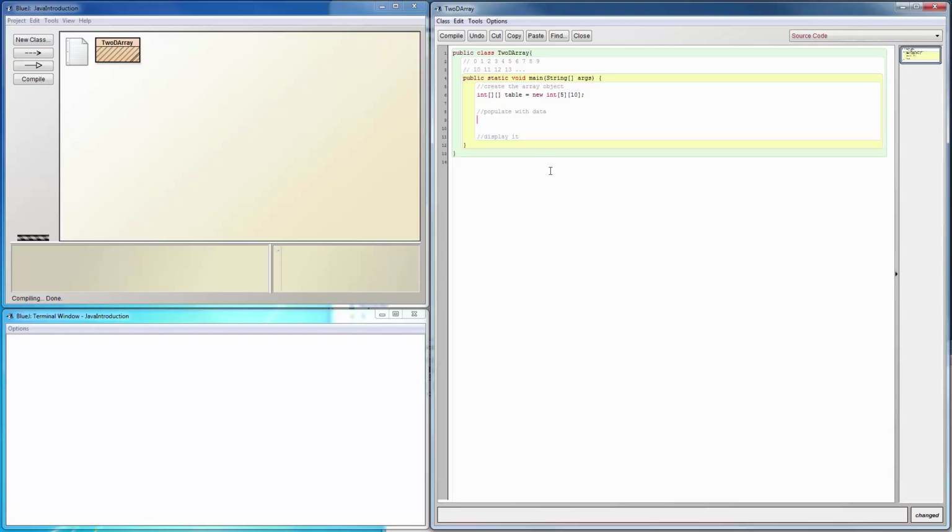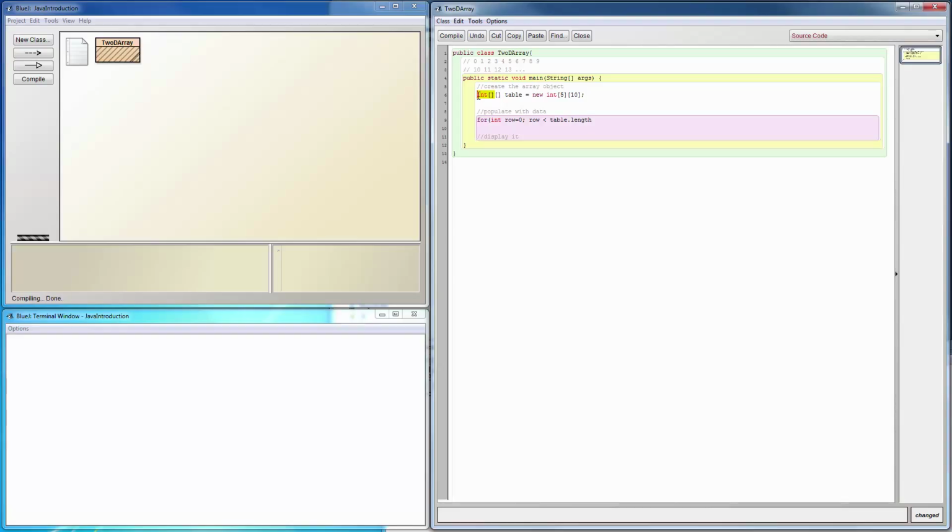So first I'm going to go for int row, right? First we said we're going to go up and down equals 0, right? So start at the first row. And then from there, I'm going to go row less than table.length. So if I do table.length, it's going to return me 5, right? So 5 is the size, right? The number of elements in that first array,